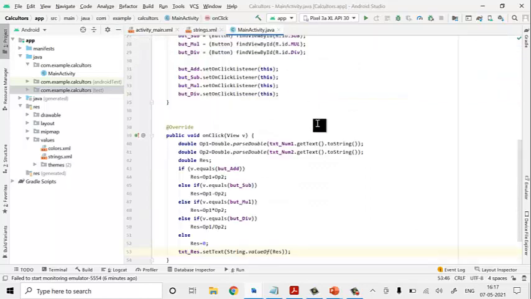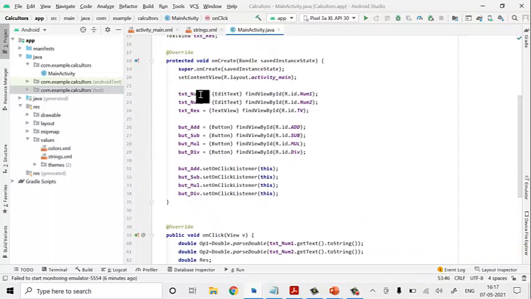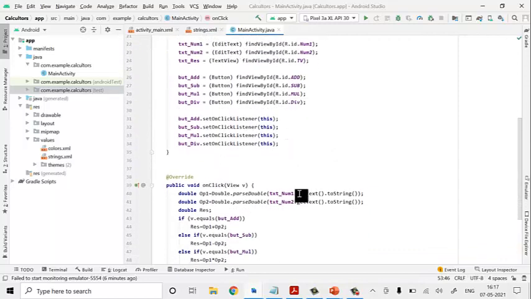The getText is in the form of toString, that has to be converted into a number, so it is converted by Double.parseDouble and stored in op1.